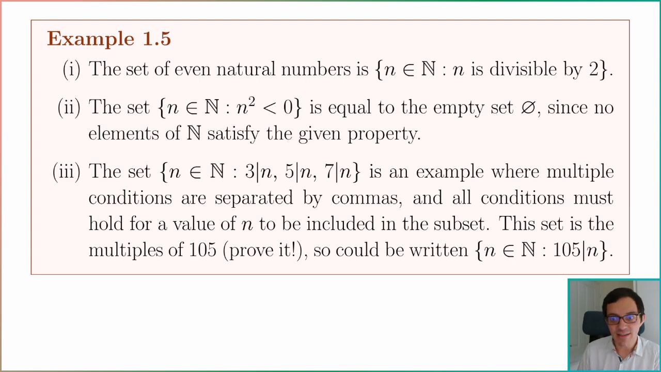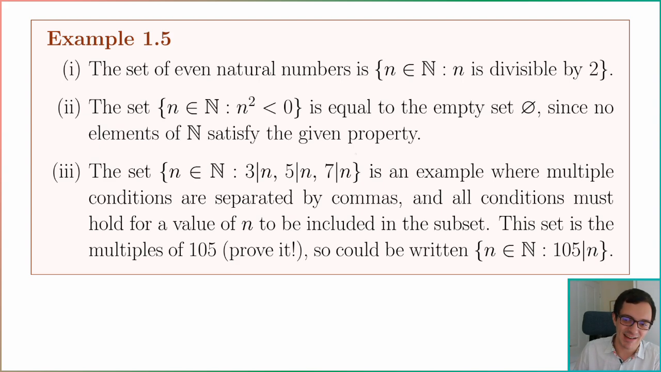For example, this set down here, where I'm trying to demonstrate that you might have multiple conditions separated by commas, the idea is that you have to satisfy all of the conditions for a value of n to be in the set. So this is the set of natural numbers such that 3 divides n, and 5 divides n, and 7 divides n. When you meet a set like that, having just seen the previous example, a natural question is,